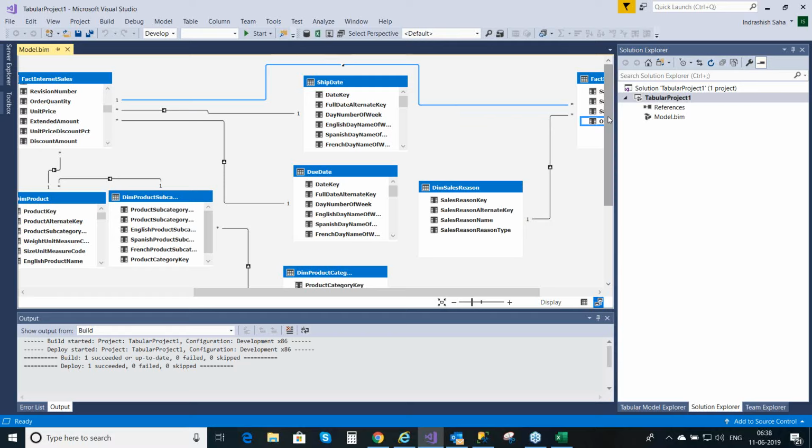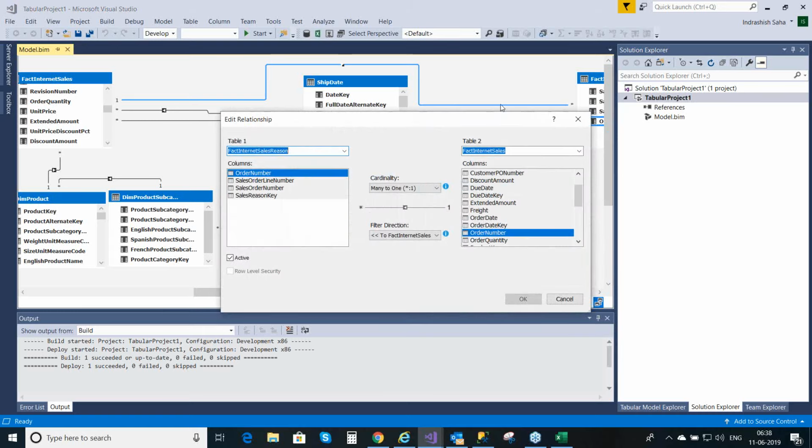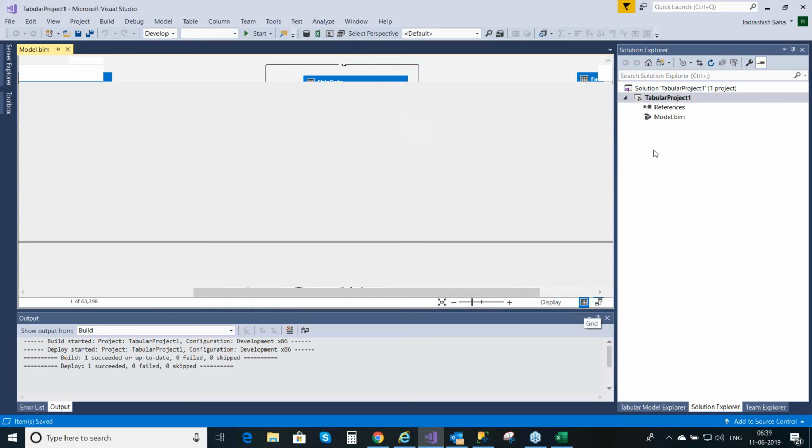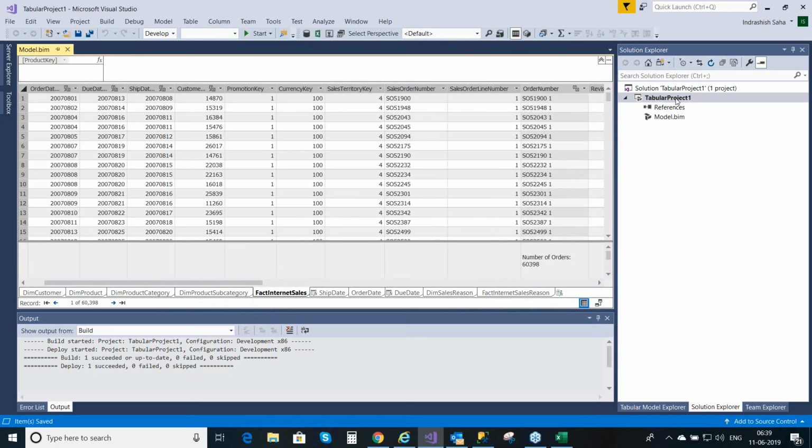This is the feature which was launched, and this is how we implement the many-to-many relation in Tabular. So here in filter direction, you need to select both tables. Okay. Now you can see here that the filter will work in both directions. And now if I deploy and process it,